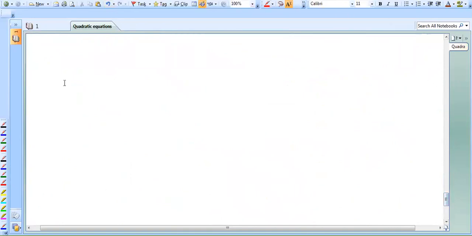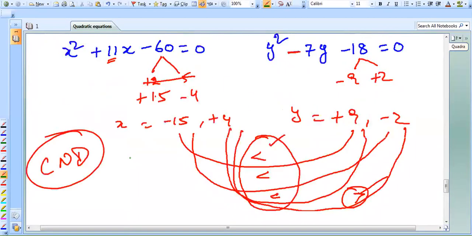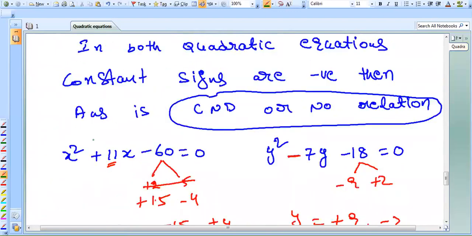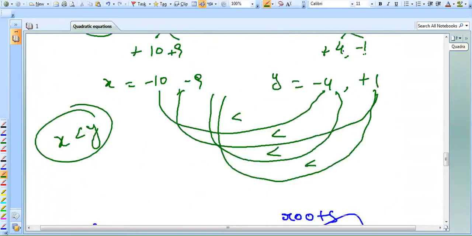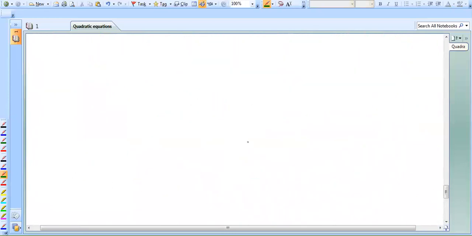So here friends, we will discuss the second type of questions. Second type of questions in the sense, generally until now you solved only equations where before x square there is no constant, the constant is 1 here. But now we will see some different questions. Not entirely different, same as previous questions only.